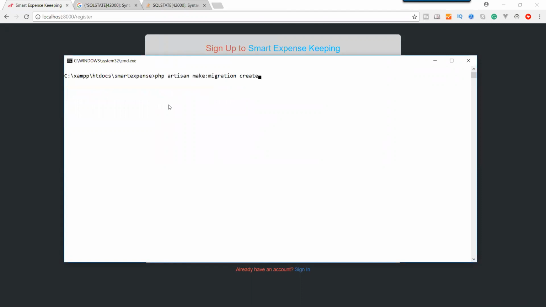You can give any name, but the good naming convention is to use create countries table. So php artisan make:migration create countries table, and with the flag